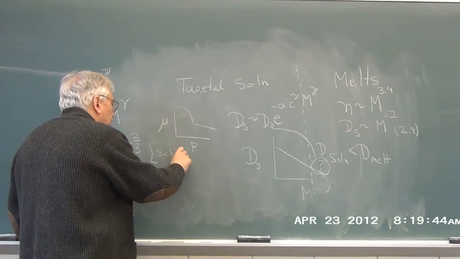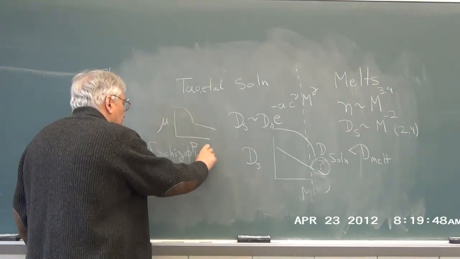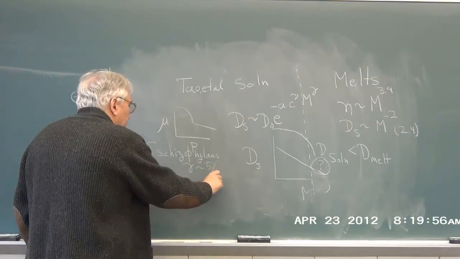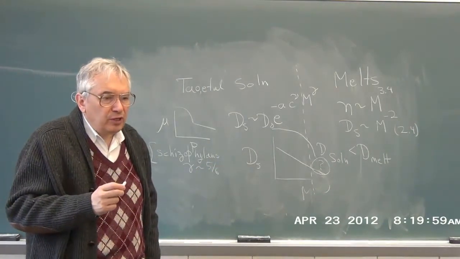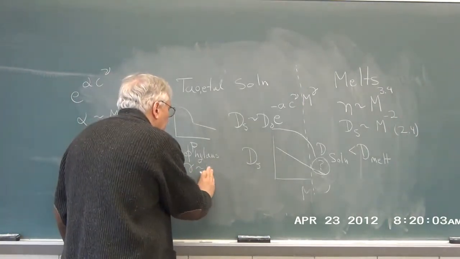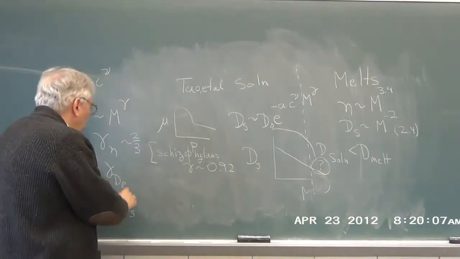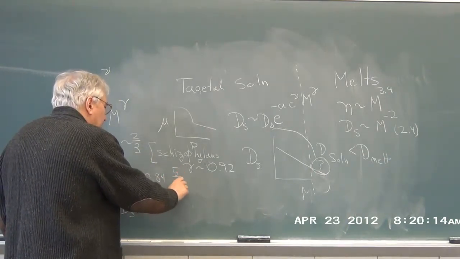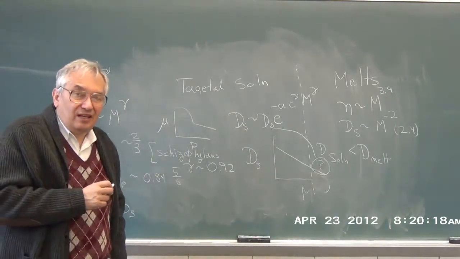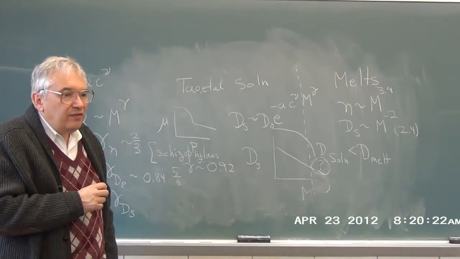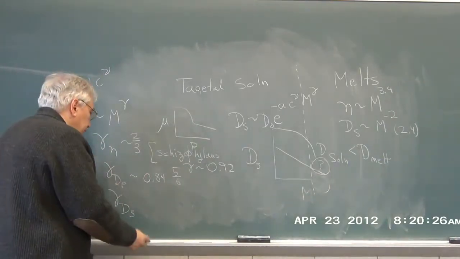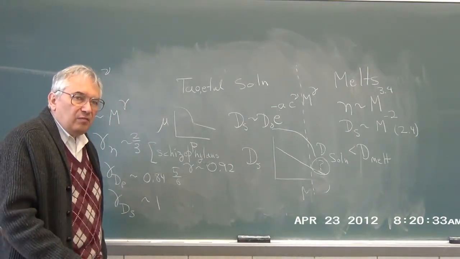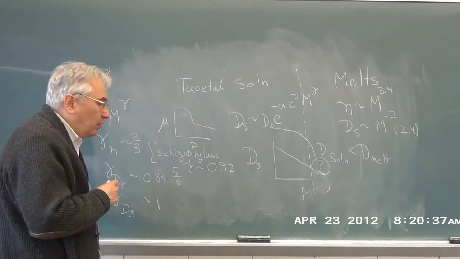However, I'm going to note for schizophyllans, and the reason I'm noting it is that it is a really superb set of measurements, and for those, gamma is pretty close to 5/6. That may not be a perfect number, but it's pretty good. Oh, I'm sorry, not 5/6, 0.92. For probe diffusion, gamma is about 0.84, and gee, that is about 5/6, isn't it? I'm not saying that it is 5/6, but it's an interesting coincidence. And then finally, for self-diffusion, it's some number close to 1. The statement that gamma for self-diffusion is some number close to 1,